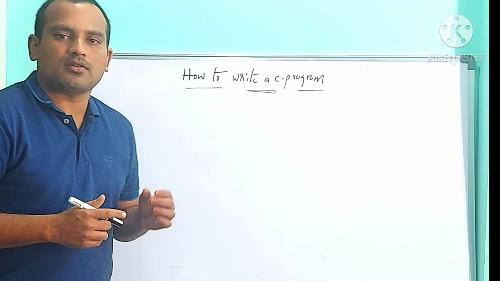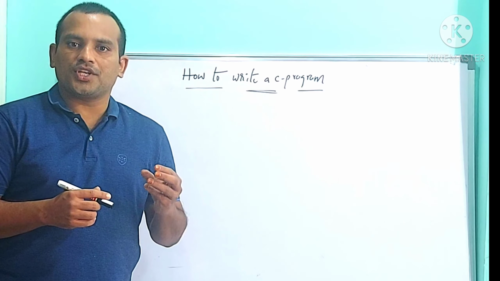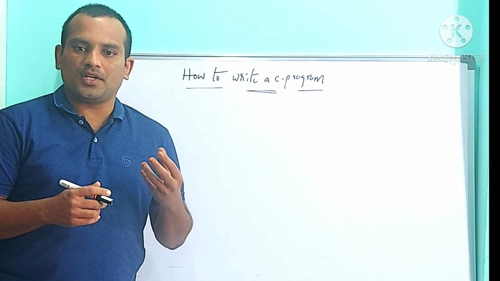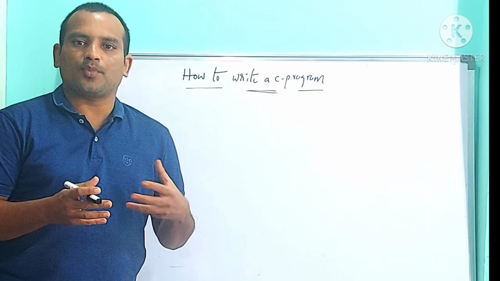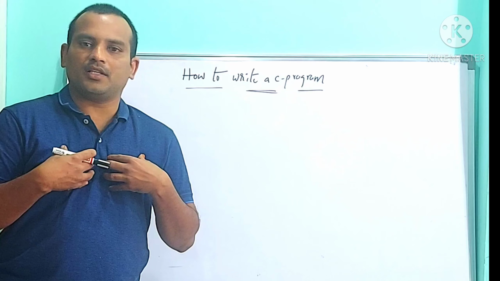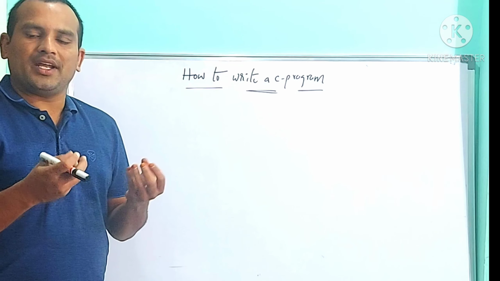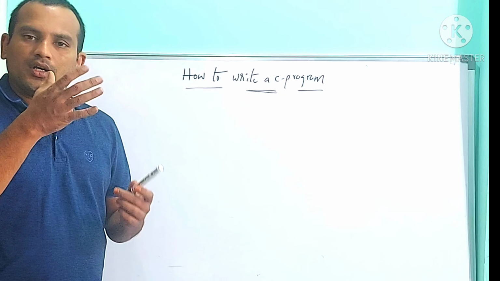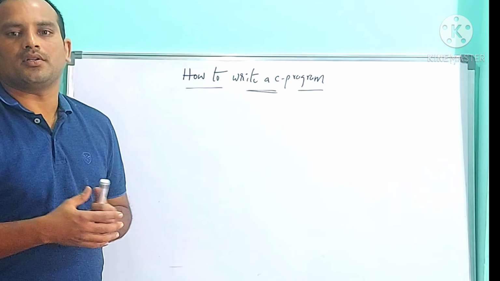The document section is also called the comment section. In the document section, we can write documentation, meaning some information about the program or about the author, the person who is writing the program. Suppose I am going to write a C program to find the addition of two numbers. So in the document section, what can we write? This program gives addition of two numbers.